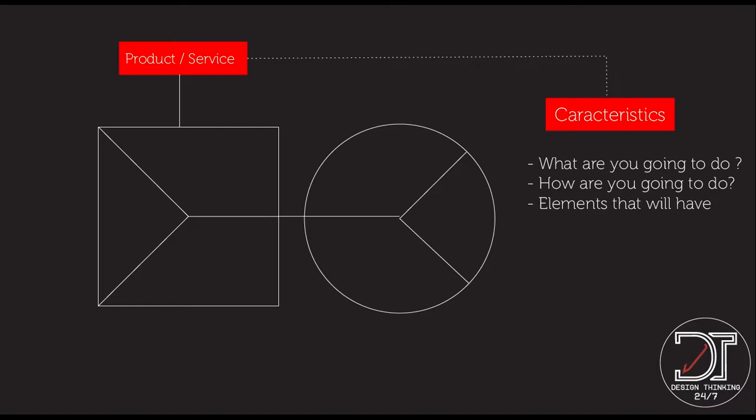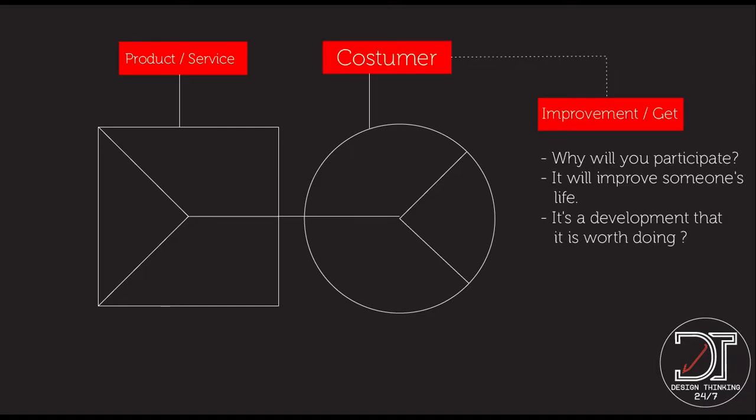So the model has 2 main parts. The first part is product and service. Here you make the description of the characteristics that you want your product or service to have. And then you have the customer. Here you think really well about which are the benefits and which are the improvements that you are making in the people